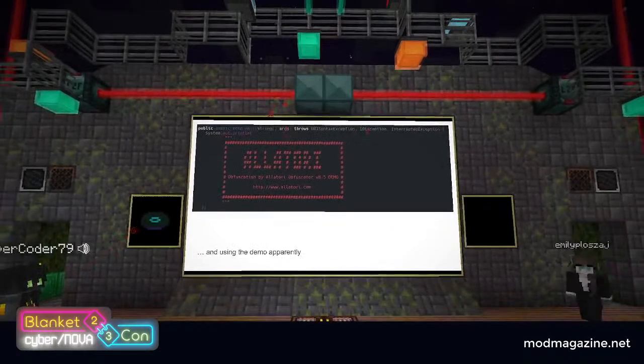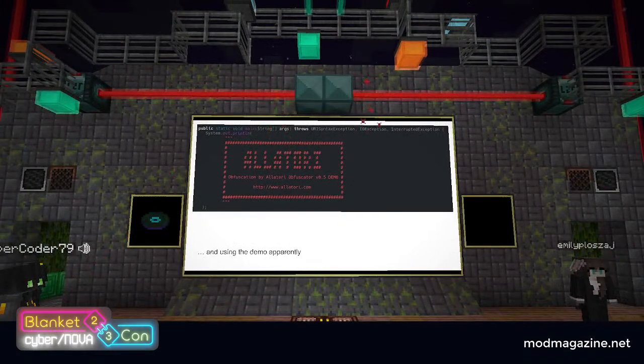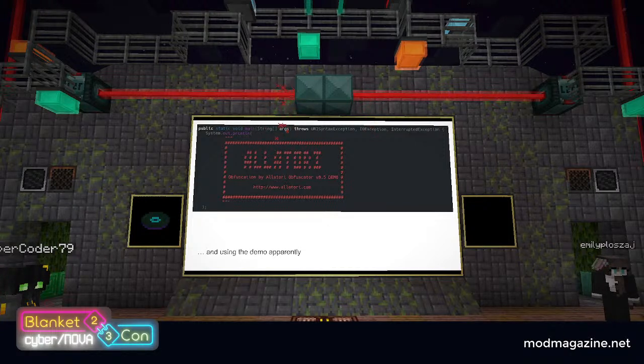While working on analysis of the method that contains the stage 3 payload, we found this string in the main method of the jar. This is fairly amusing by itself, as it means the malware authors used the demo version of a well-researched obfuscator to hide the workings of code that was poised to infect thousands of users. The version displayed is also important to note, as version 8.5 of the Allatori obfuscator was released on March 1st of this year, putting a date to the earliest possible time that the malware could have been obfuscated.